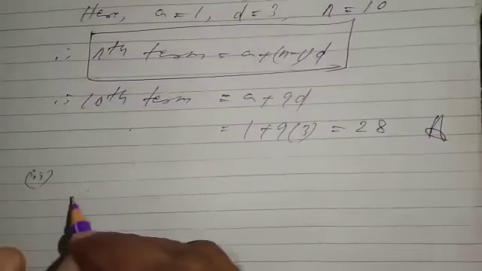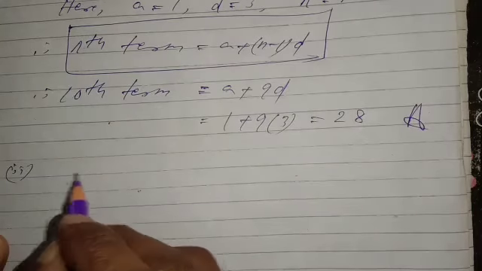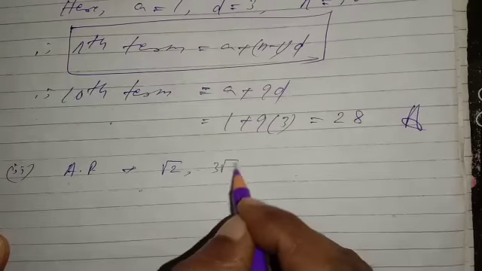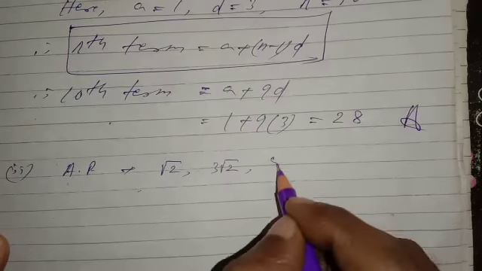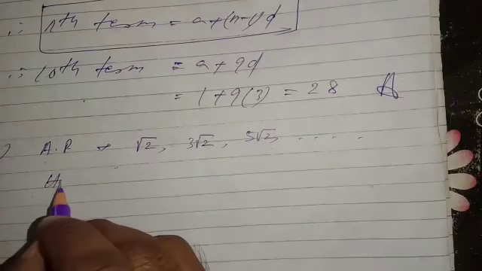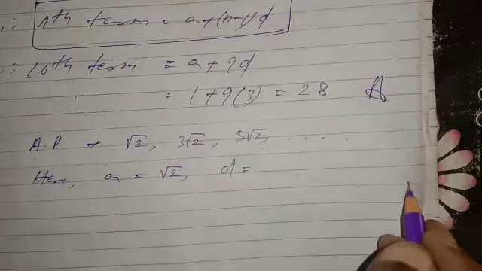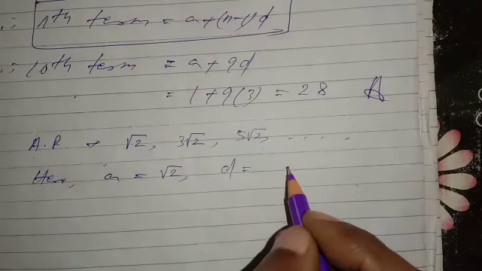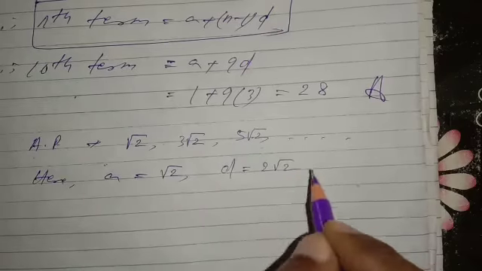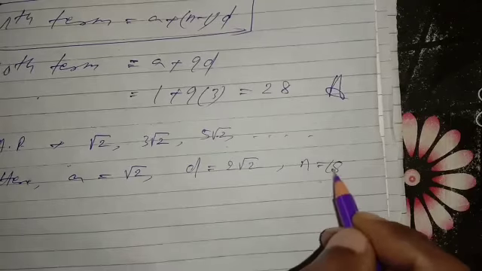The second part question, let's see what is given. Second part, AP given, that is root 2, 3 root 2, 5 root 2. In this way, a few numbers are given, that is an AP. So here A means first term, that is root 2. Common difference, how will we find the common difference? That is second term minus first term, 3 root 2 minus root 2, 2 root 2, 5 root 2 minus 3 root 2, everywhere coming 2 root 2. The common difference is 2 root 2 and you have to find out the 18th term, n equal to 18.